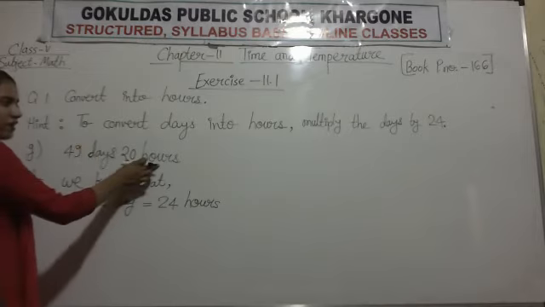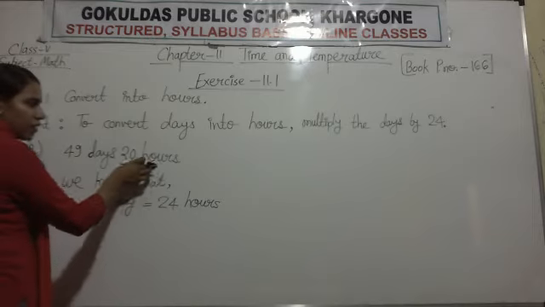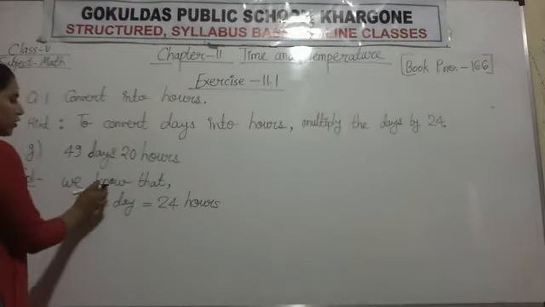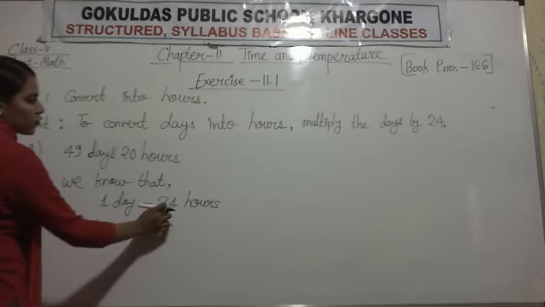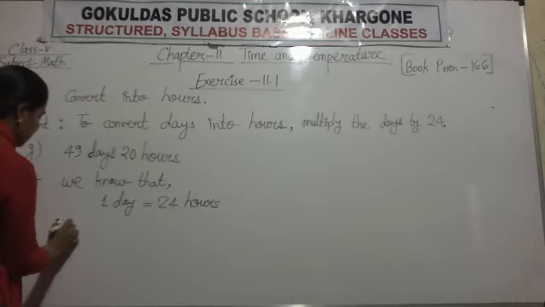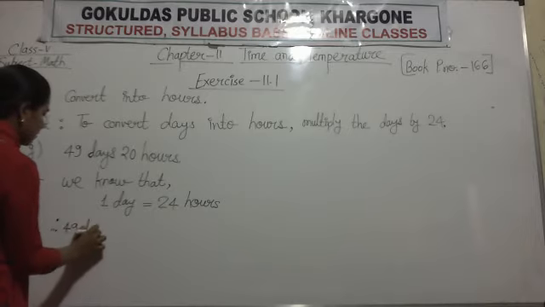As 20 is already in hours, we will not convert 20 hours. We just convert 49 days. So we know that 1 day is equal to 24 hours. Therefore, 49 days,